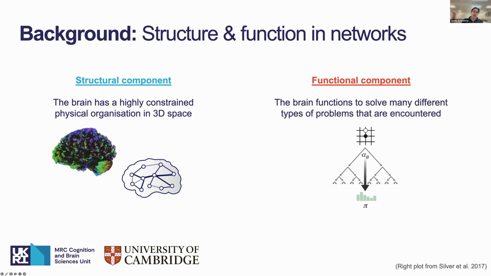Then there are lots of functional aspects to the brain as well, right? We wouldn't have a brain if it wasn't for the function. In the end of the day, it's a super expensive organ, and it is probably strongly shaped by the fact that we have to use it to solve problems of loads of different varieties. This is one of the big components in neuroscience research, but also in modeling: pinning down functions to different brain areas and looking at brain dynamics.